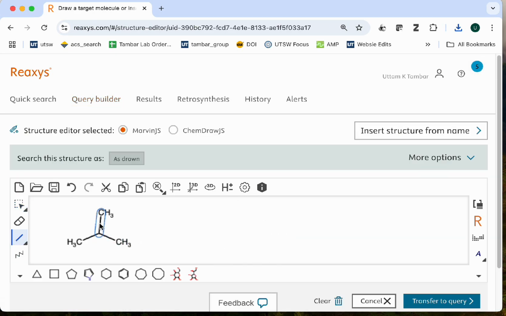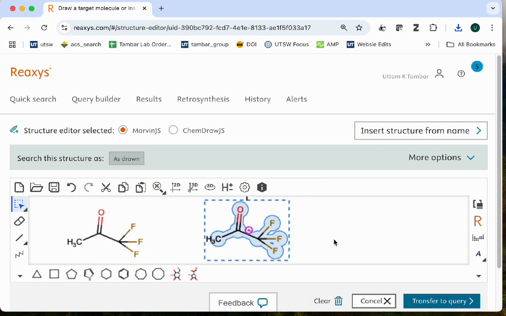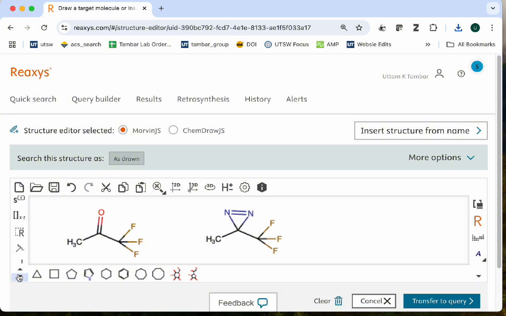Begin by drawing your reactant and product just like you did for the structure search. I'm going to copy and paste the reactant structure and then modify the part of the molecule I want to change. Draw a reaction arrow between the reactant and product so that Reaxys knows which one is which. If you draw 2 molecules on the reactant side of the arrow, Reaxys will assume both of these molecules are reactants, either in the same reactant molecule or in 2 separate reactant molecules.